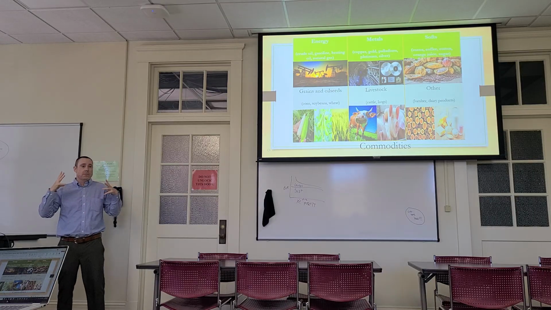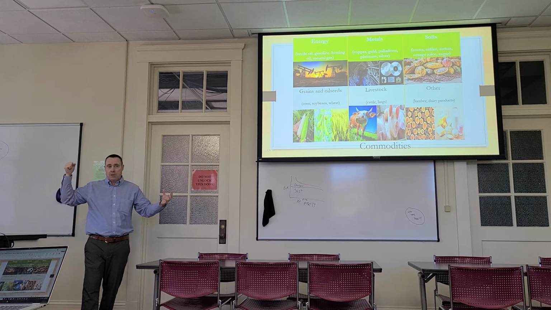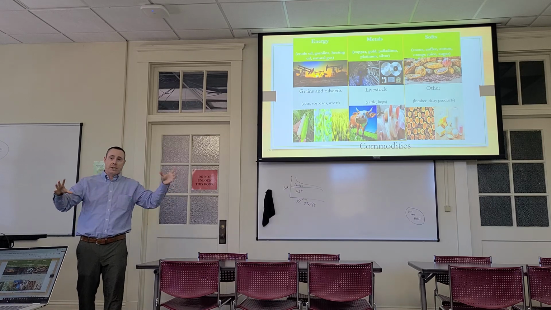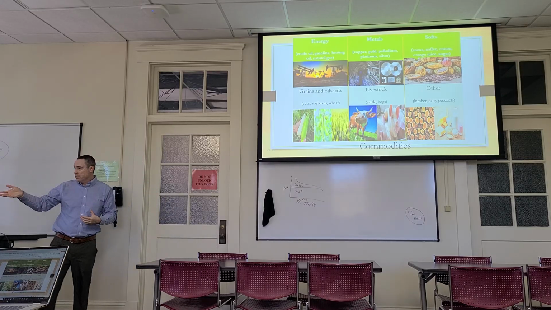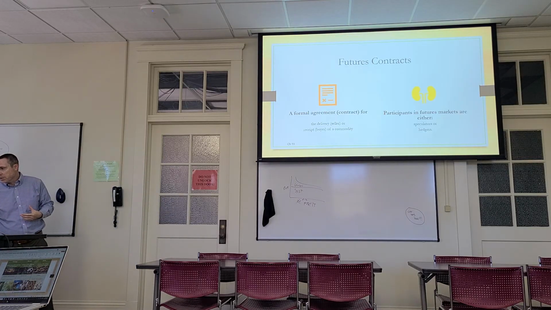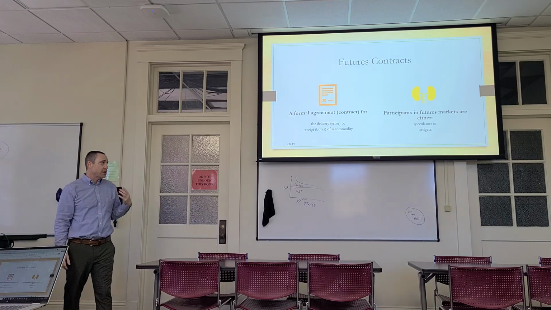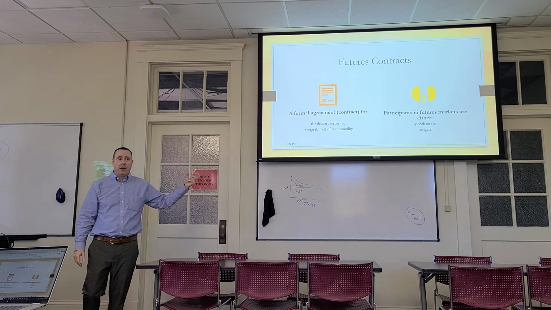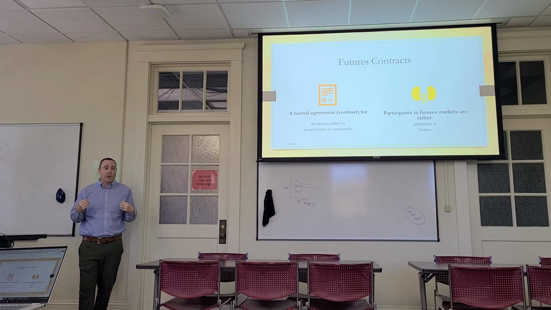Commodities, something where a unit here and a unit here is interchangeable. This is wheat, this is wheat, this is gold, this is gold. Doesn't matter where it came from, it's the same thing. So there are different types of commodities we can get into. And when we do this, we are speculating. We're either going to be a speculator or a hedger. Think of the hedger as the farmer.